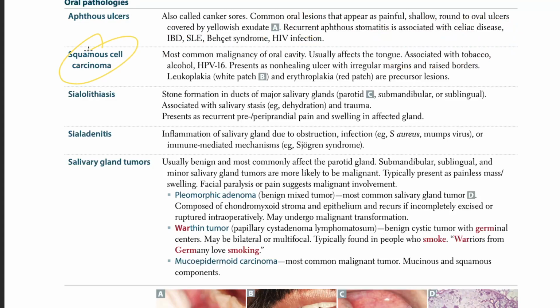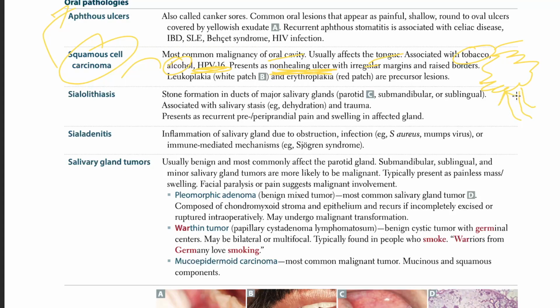Squamous cell carcinoma of the oral mucosa. It is the most common malignancy of the oral cavity. Usually affects the tongue, right? Associated with tobacco for sure, alcohol for sure, direct irritation. HPV 16, most important. Presents as a non-healing ulcer with irregular margins and raised borders. So you have the irregular margin of that ulcer, and also heaped up